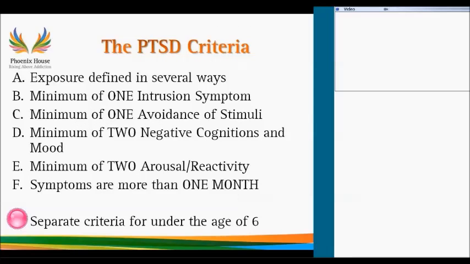The main thing is that both PTSD and acute stress are defined by having an exposure to an event. And that exposure to the event could be direct, indirect, through the media, things like that. That's the criteria for both. And for PTSD, other than the duration needing to be more than 30 days, there are very specific symptoms that have to be met. There has to be a minimum of 1 intrusion symptom, 1 avoidance, 2 negative, 2 arousal in the criteria.